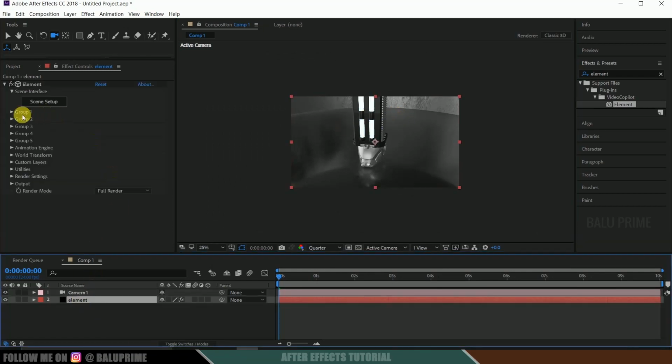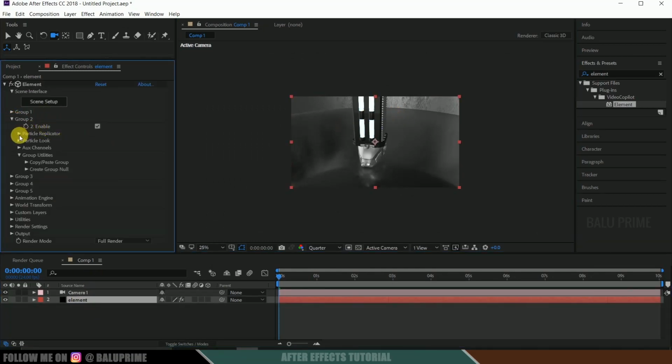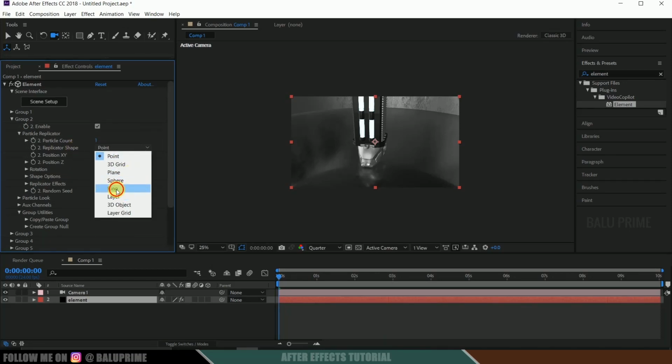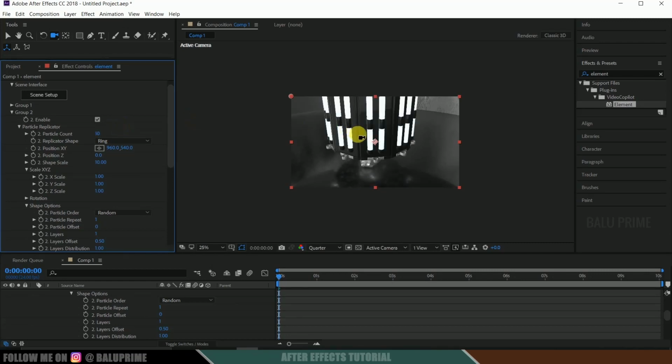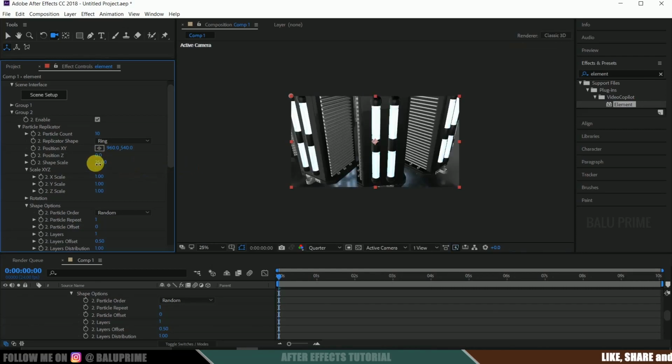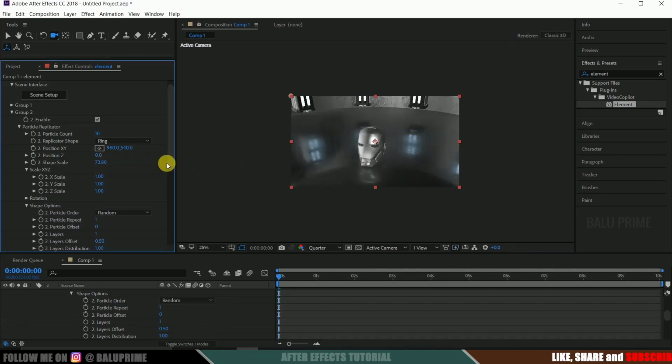So select this element, come to this group 2, particle replicator, change this particle replicator to a ring and increase this count to 10. Okay. Now let us move it so that it sticks here on the wall.